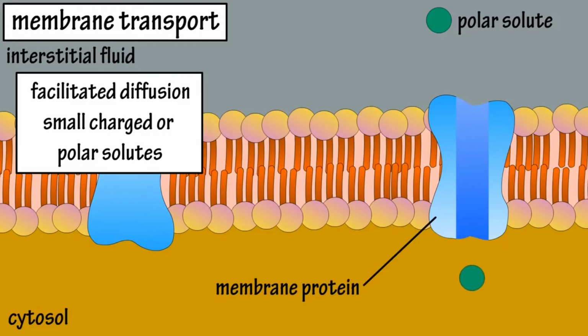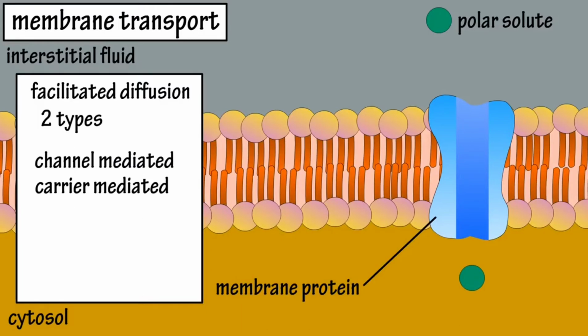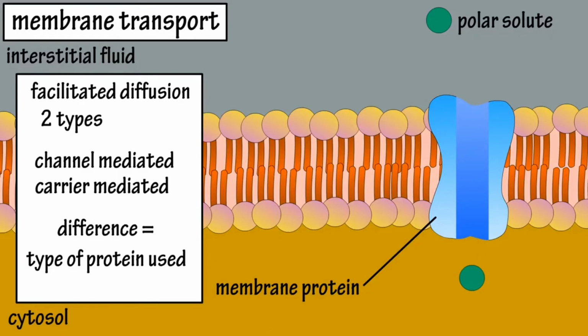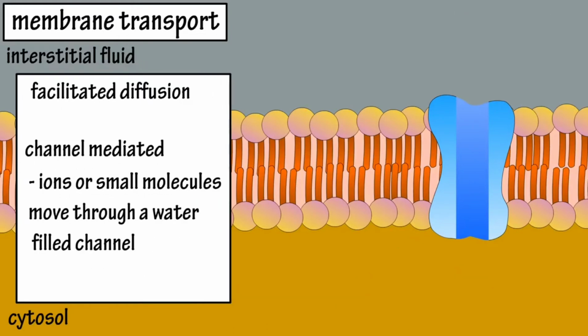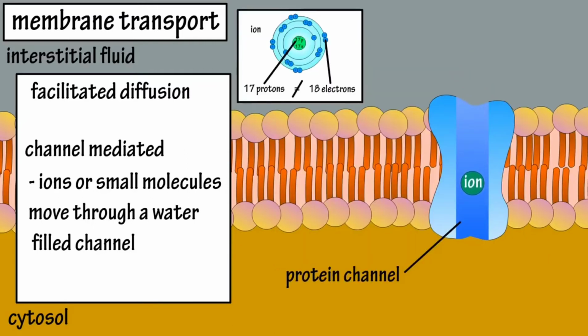There are two types of facilitated diffusion: channel-mediated diffusion and carrier-mediated diffusion. The difference between the two is the type of transport protein used to move the substance across the membrane. Channel-mediated diffusion is when an ion, which is a charged particle where its total number of electrons does not equal its total number of protons, giving it a positive or negative charge, moves across the membrane through a water-filled protein